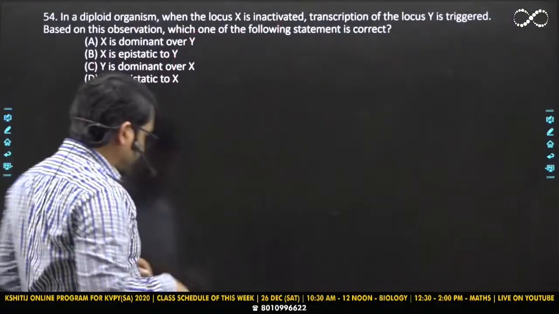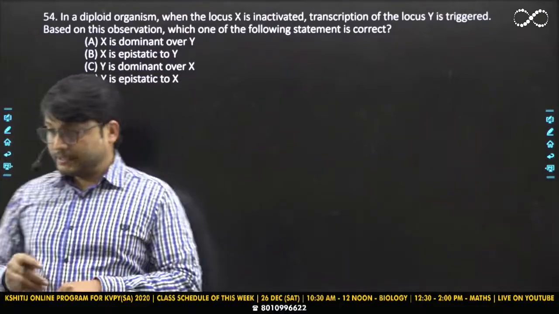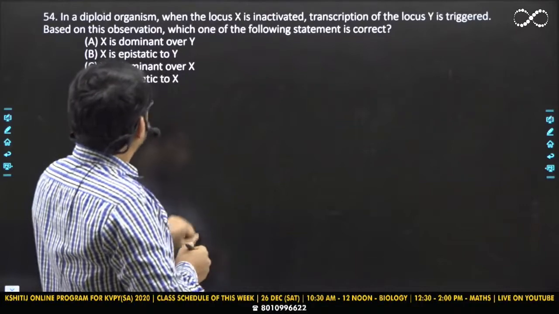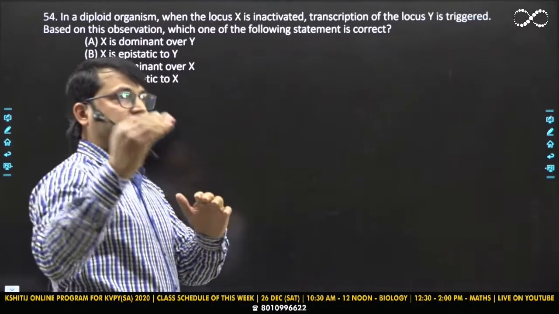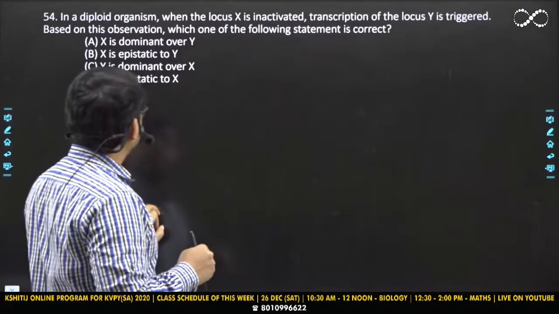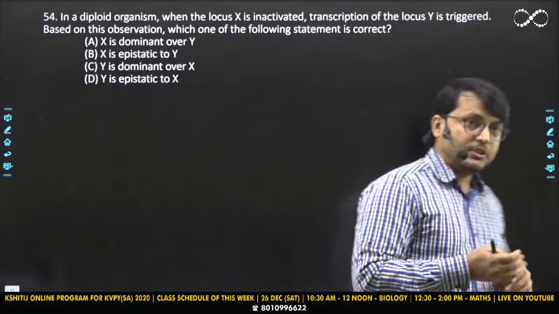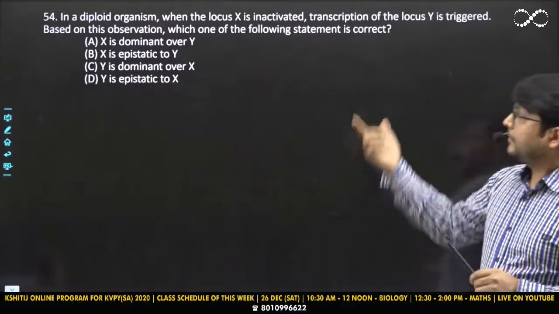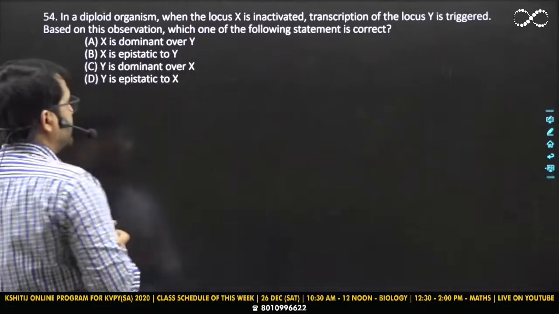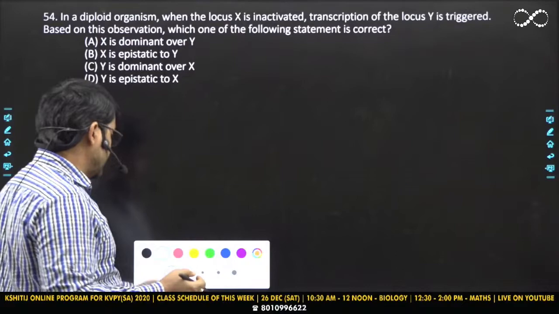So this next question is again a very interesting question from genetics. This question is at a different level altogether. It is talking about something called genetic interactions, or gene interactions. The question itself is lengthy, so let us read it. In a diploid organism, when locus X is inactivated,